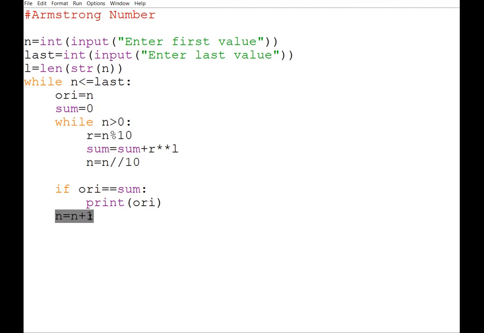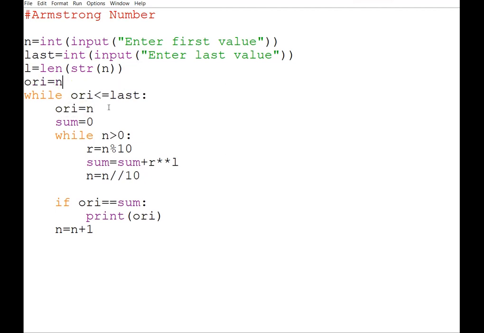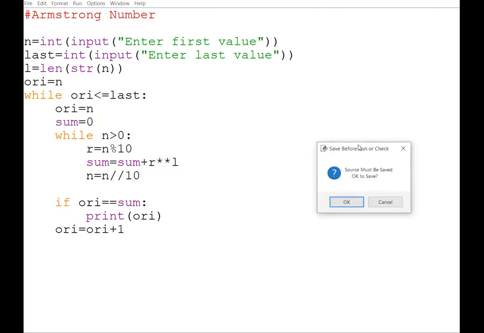Otherwise, every time the value of n will be the first value. So therefore, sorry, instead of this, we will be writing original, because n we have reduced to 0, fine. So original. And this I'm writing for the first time also, and then I'm going to write again and again for the next time also. So instead of this, original is equal to original plus 1, because ultimately what we are doing with the n, we are changing it to 0. Original.